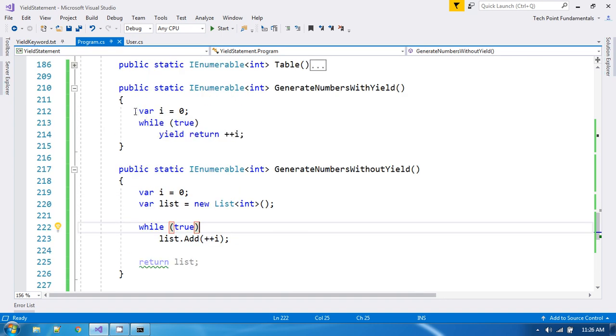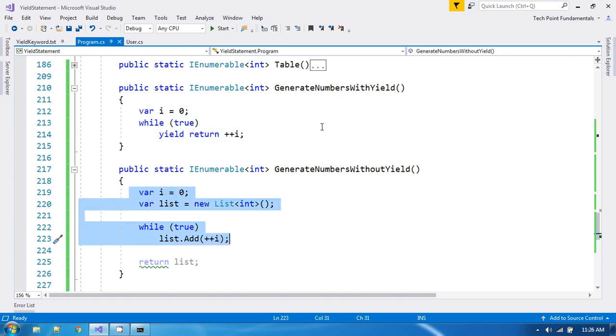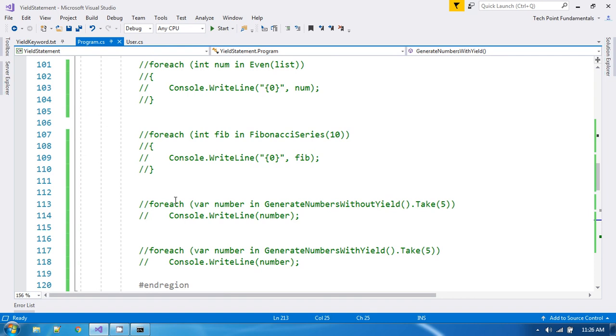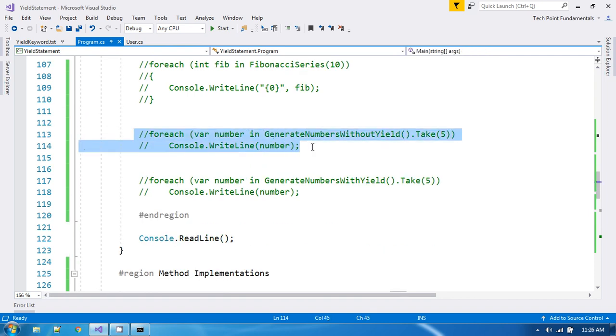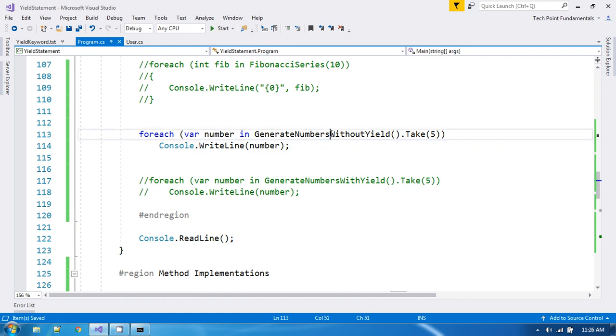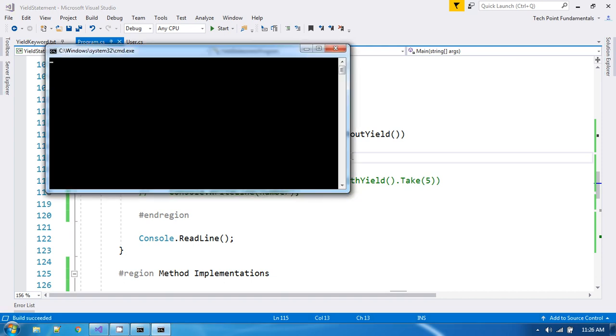But the same logic, an infinite loop, I am using here, and I am going to call both of these methods. Do you think that both of these statements will behave similarly? I don't think so. So first I will show you without the yield statement, and from that, first let me print that value without any filter. If you execute this program,